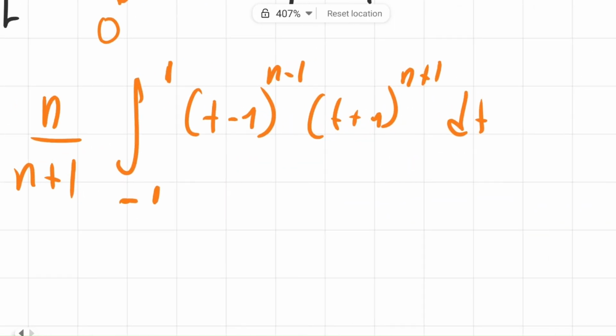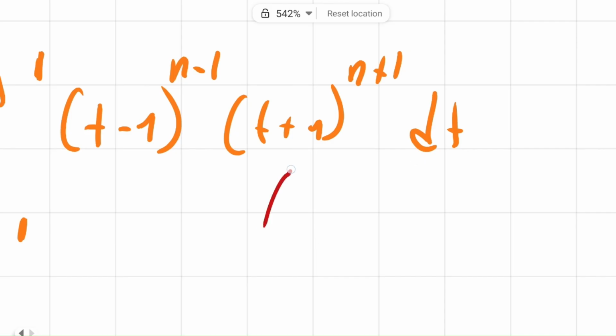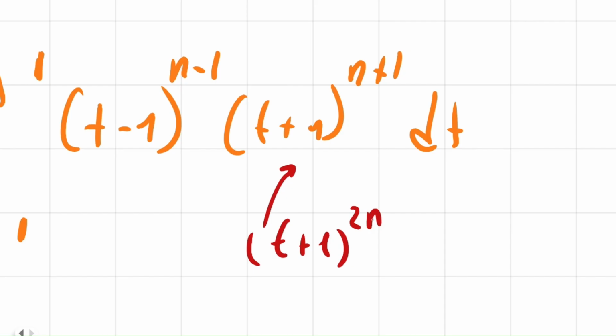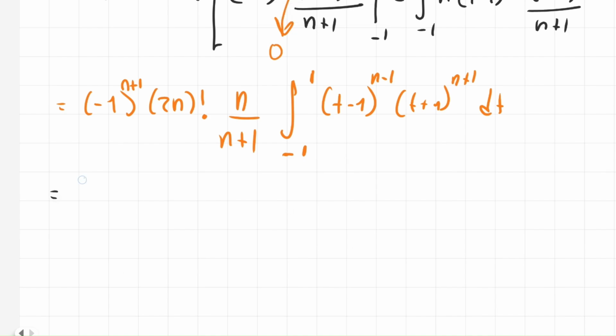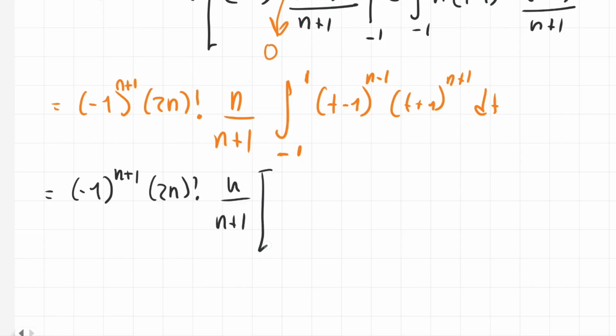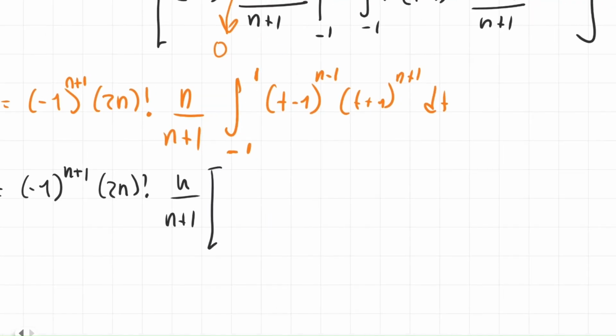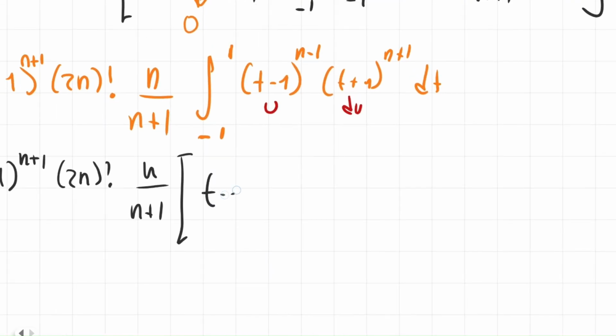So if we take the derivative n times of this, we are going to reach the element t minus 1 to the n minus 1, which is going to be 1. And then if we keep going with this, we will get the element t plus 1 to the 2n. Perfect. So what are we going to get if we do it again? This will be minus 1 to the n plus 1, 2n factorial, n divided by n plus 1, and then this will multiply, taking again this by u and then this by dv. It will be t minus 1,